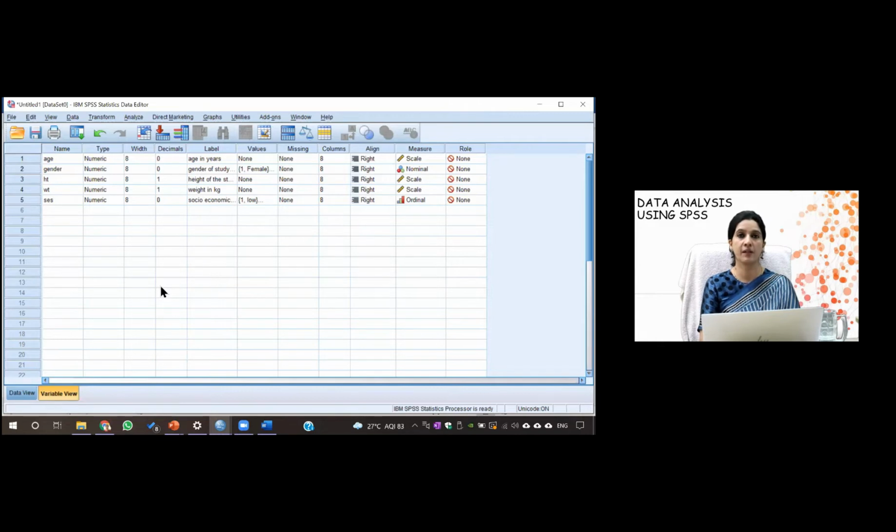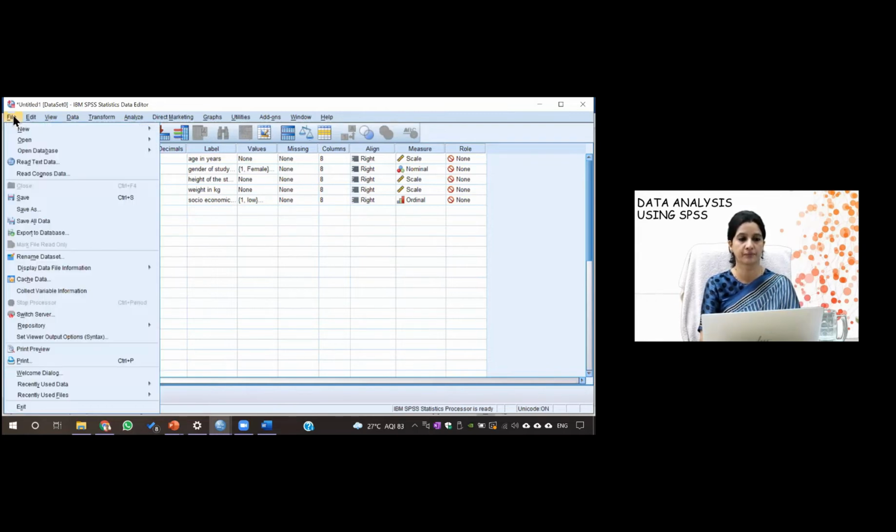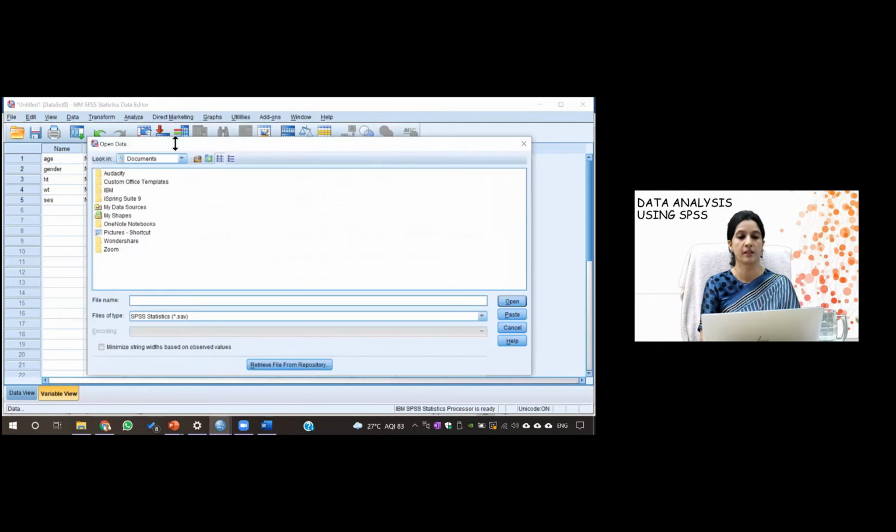Now the second one, if I have to import this in the SPSS, I don't want to code, write, enter here, and I want to import this. So I have an Excel sheet in my folder, and I'll import. Then how to do that? So what I'll do, go to the file. Here you can see there is an option of open. So open and then press data. If you click this, it will direct you to a path.